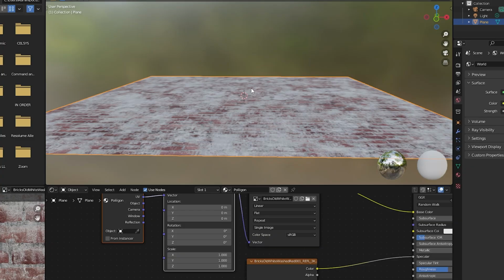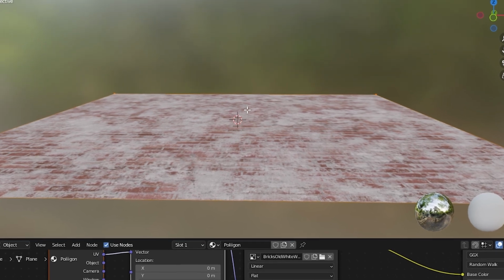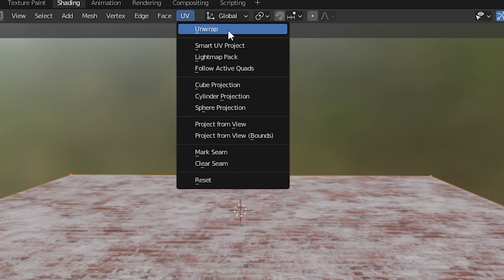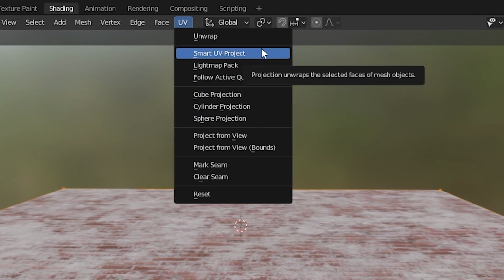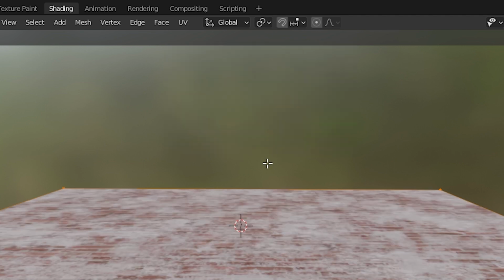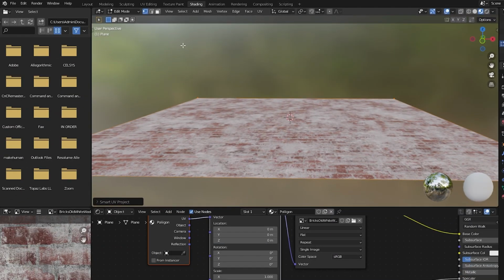To unwrap an object, we go into edit mode, select what we want to unwrap. You can unwrap different parts separately. Go to UV at the top, and there are actually different ways to unwrap an object. Usually I recommend Smart UV Project. Select that, it has some options. Normally you don't have to change anything. Press OK. We don't actually need to do this here, but if you wanted to edit your UV map, you